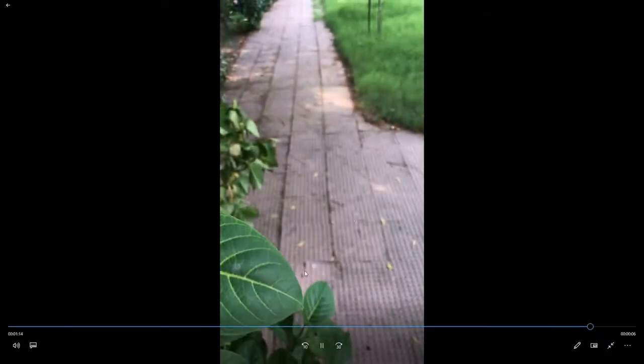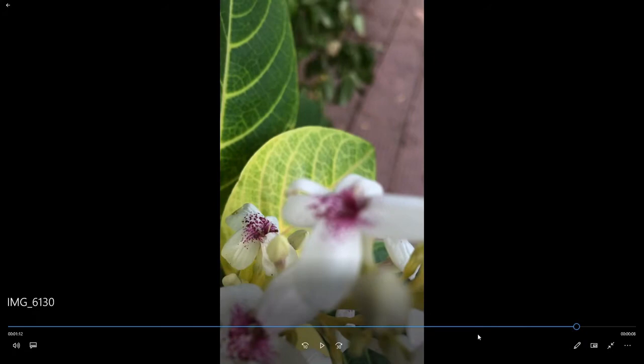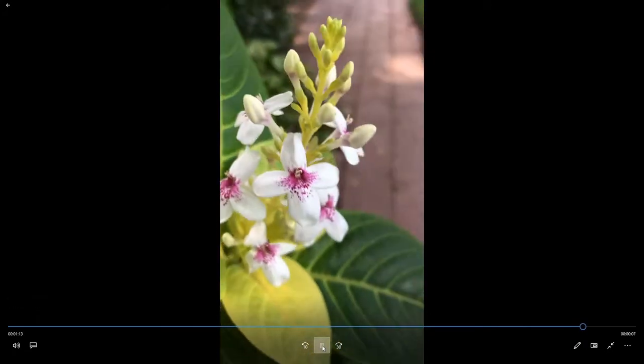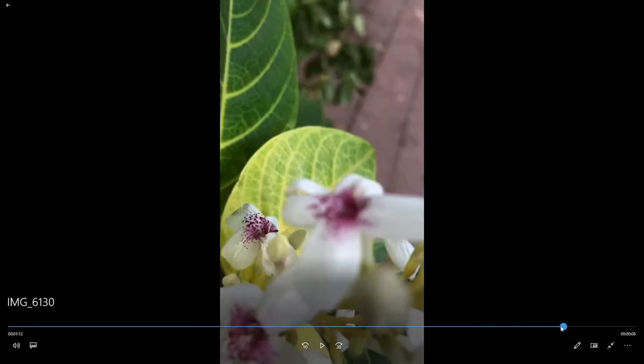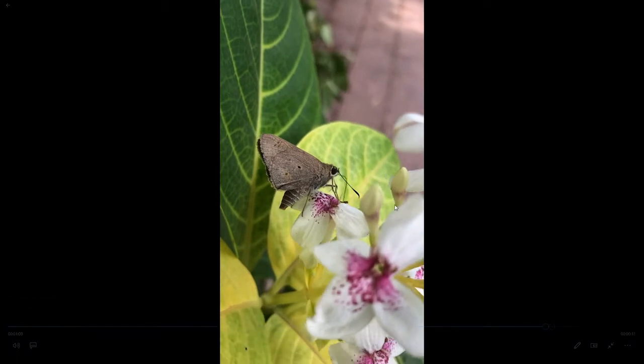Now see what happened. This butterfly flew away, and I couldn't capture that on camera, but I saw that it went from one tree to another tree. The butterfly was sucking nectar from this flower, as you saw here. So when this butterfly flew onto the next tree, it was cross-pollinating.